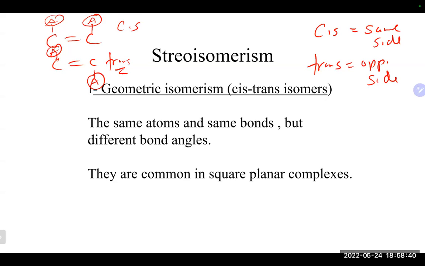In the case of complex ions, what we're usually talking about is the same side of the plane or opposite sides of the plane. So there's a plane of the complex molecule, and those groups are either on the same side of it or opposite sides. If it's square planar, maybe they're both on the same side. If it's more of an octahedral arrangement, maybe you have one above the plane and one below the plane of the molecule, and that would obviously be trans. So we're talking more about spatial arrangements